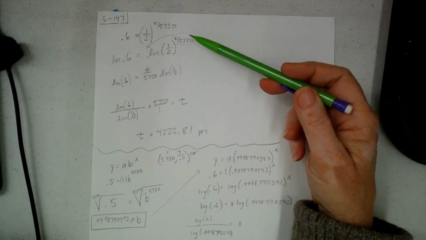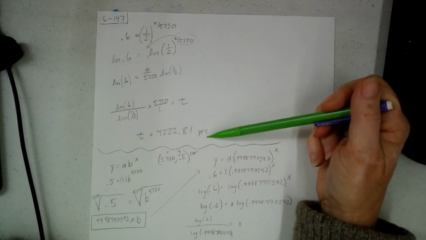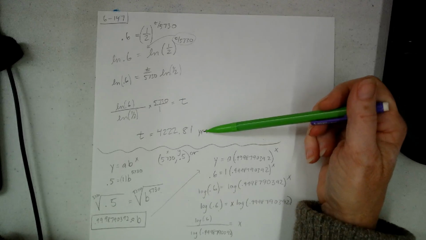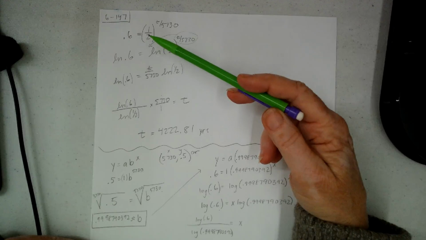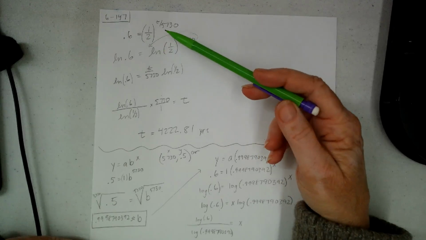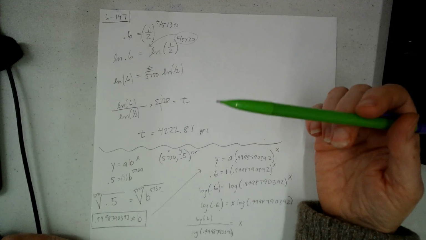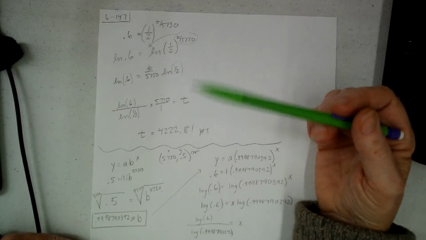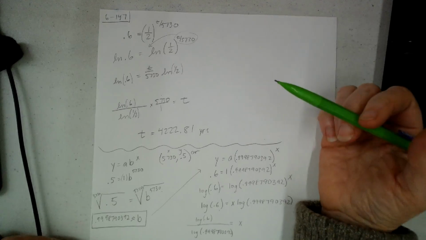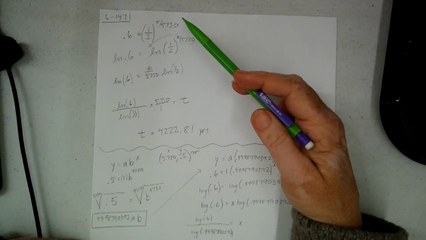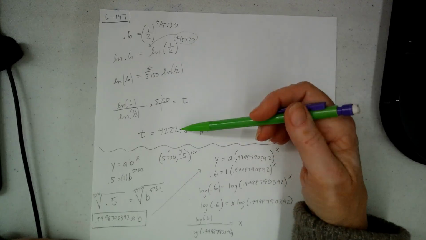So in part 1, what I did is I showed the way our textbook solved a problem, and the problem was about a half-life. It said that the half-life of something was 5,730 years, and it asked how long it will be until there's 60% of the, I think it was carbon-14, left. You can watch the other video if you want to see all about the way that